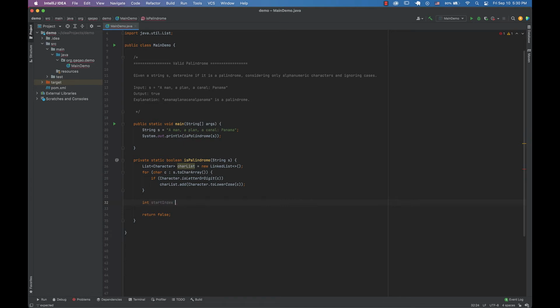Start index equals 0, and end index would be, since we're parsing through charList, charList dot size minus 1. Okay, and we're saying while end index is more or equal to start index,